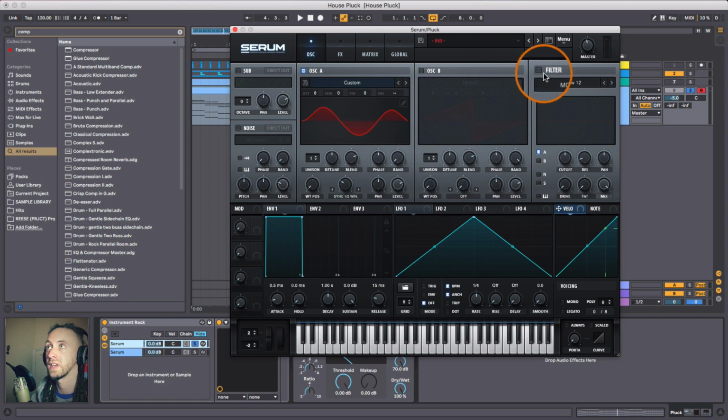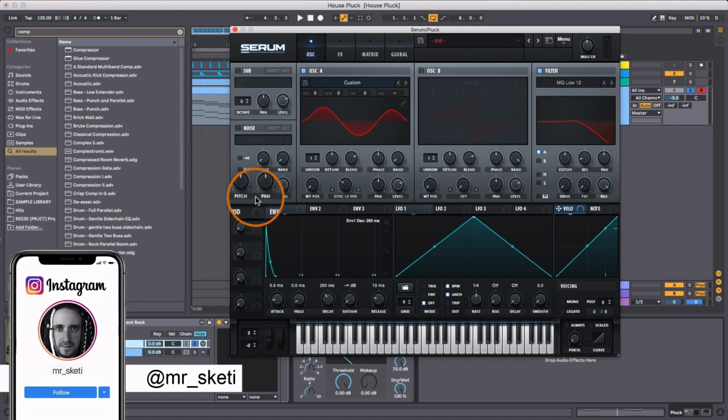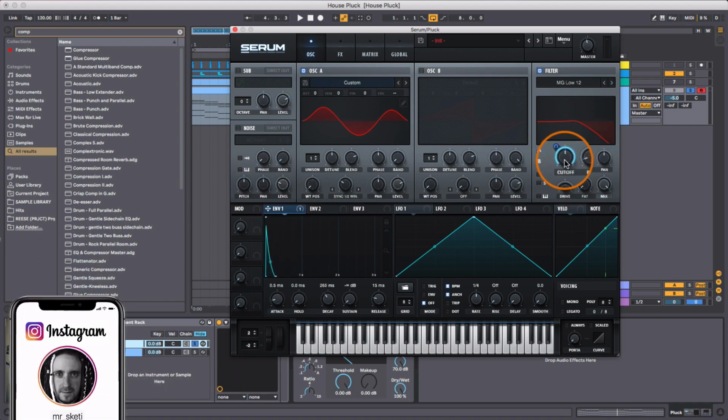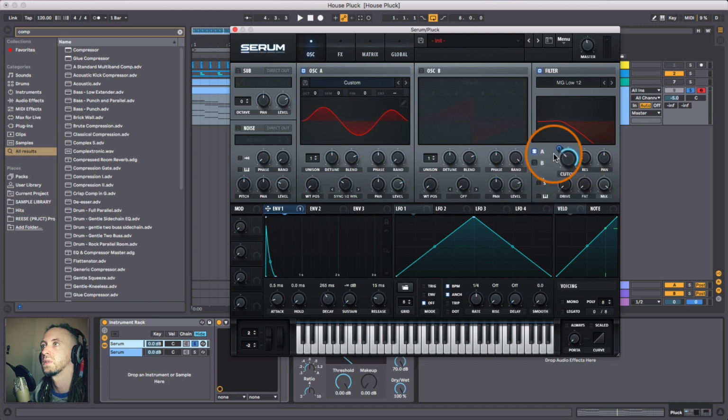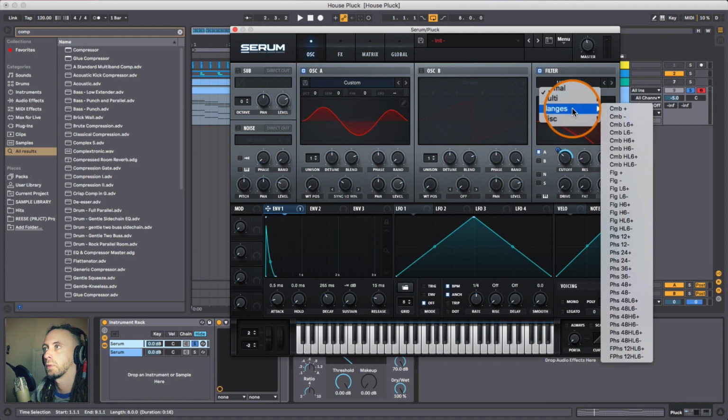So actually we're going to move on to that straight away, and we're going to turn the filter on. Most often, the stereotypical way, if I start using this first envelope to control the cutoff of the filter, straight away we get that pluck sound. But that's been used to death now, so instead of just using a low pass filter,